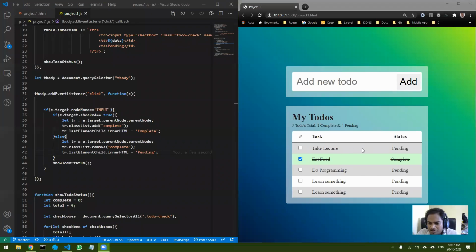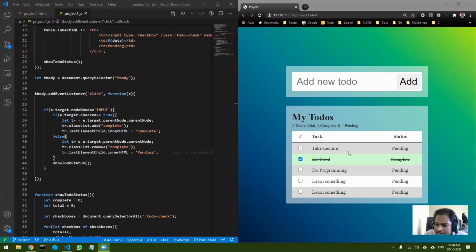So one more thing I want in this project, that last thing, is a way to delete a particular row. Okay, so right now I can add new rows and mark them complete, but I want to be able to delete them. Now how do we delete any particular row? There are multiple ways. One way would be to add another column at the end, and you can add a button over there. When you click on that, you will delete that particular row. Okay, so that is one option.